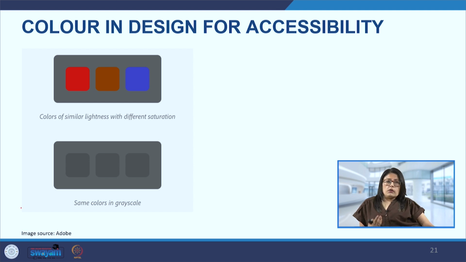And also using a solid background. Text is more difficult to read when we have a gradient background. For example, a red background leading to yellow, with some orange in between, so red, orange and yellow. That kind of background will make it very difficult for one to read the text on top of it. When the background is solid, for example yellow or red or orange in isolation, then the text on top of it is very easy for the user to